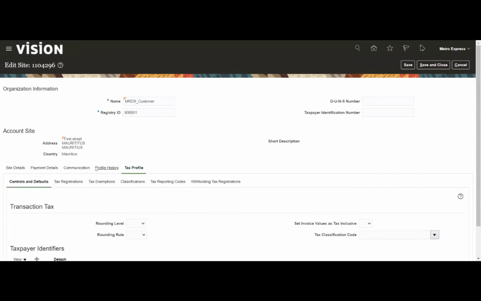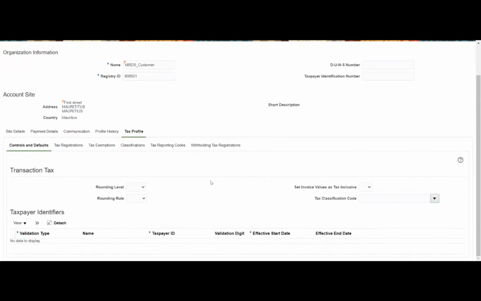Okay. And then we have the tax profiles and the other things that will be attached to this particular user. So there are two ways of handling the taxation. One is using the fusion tax, and the other option is using the localization. Localization is nothing but a separate form by itself that will have those details configured. Or if I want to use the fusion tax, I can use this page.